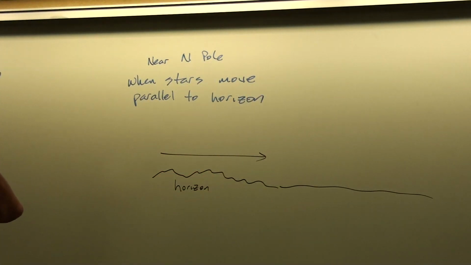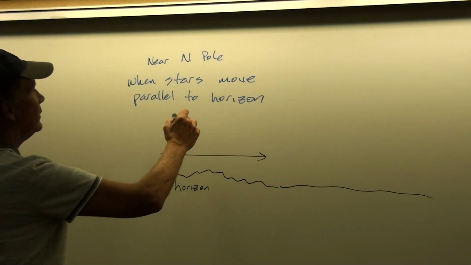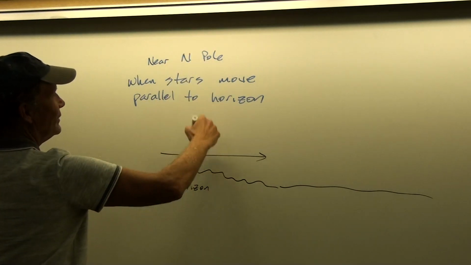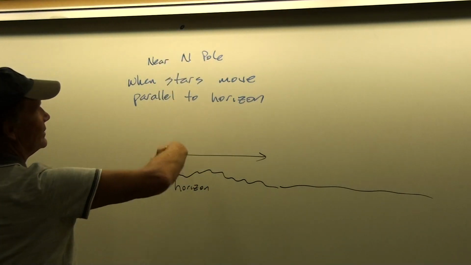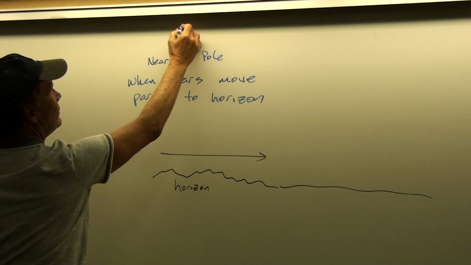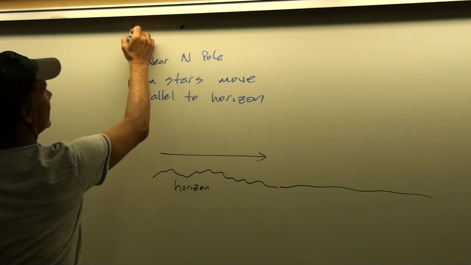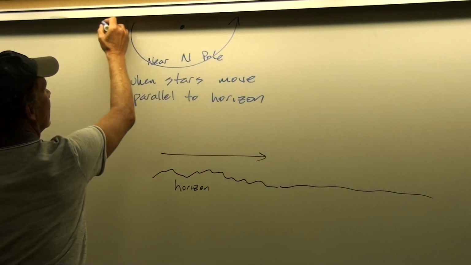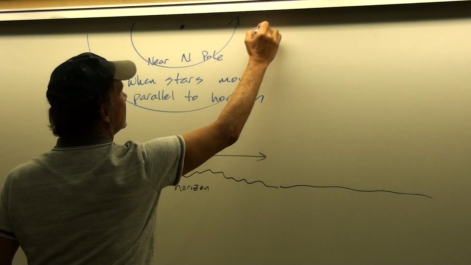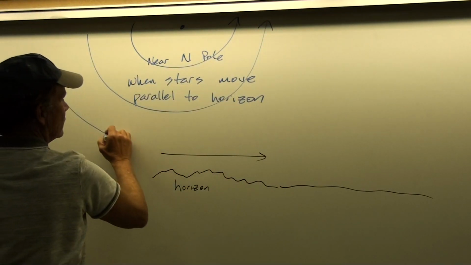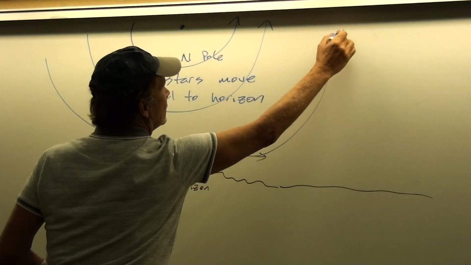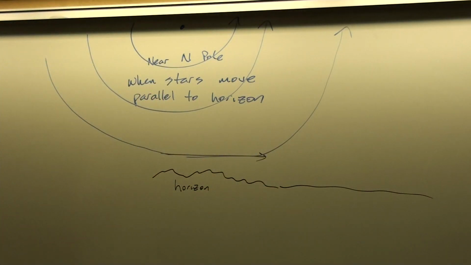And so we might wonder then, well, how can you be so sure? And so the answer then is, well, look straight overhead. Now it's hard for me to do this on a flat thing because it would actually be looking up like that. Now let's imagine the North Star is way up there, but that's straight over your head. Then remember that all of the stars are going to go in counterclockwise circles around the North Star.